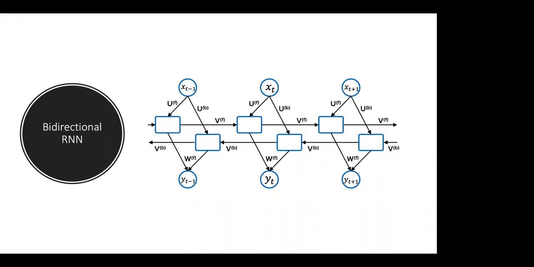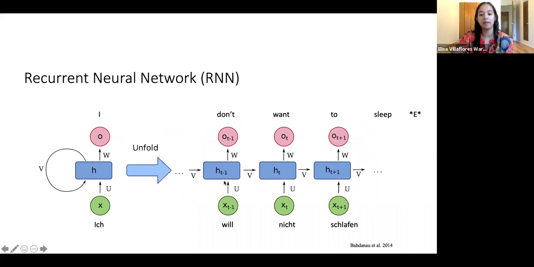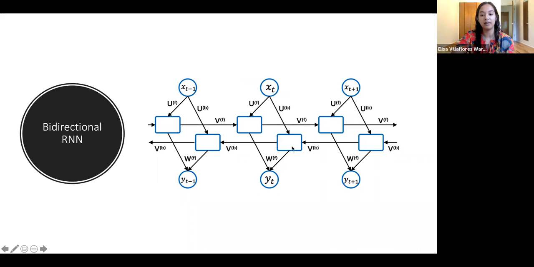So I have a question. In bidirectional, can the hidden state look at all words, or just one word that's previous or in front of it? Yeah, that's a good question. In the bidirectional one, this word would only look at the word before it in that direction. And this one would only look at the word before it in that direction.